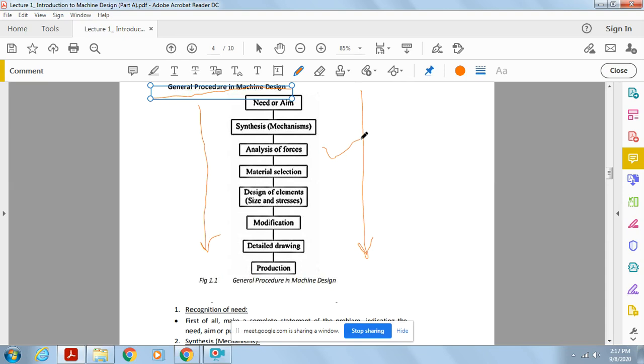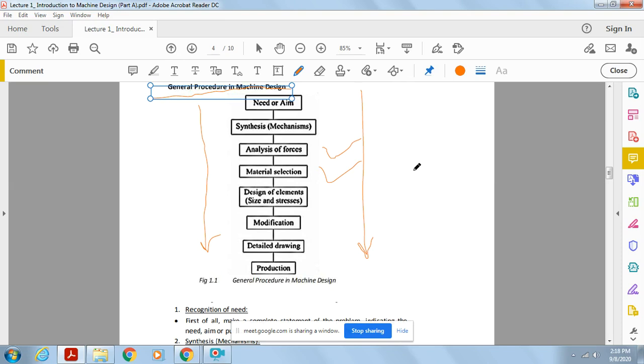Then we come to material selection, which is very important in the design part. Once we have analyzed the different forces, we have to think again about whether this particular material can withstand that amount of force, and whether it will last for a long period of time when such a load is active constantly or variably. All those parts come under the concept of material selection, whether this particular material is suitable for this particular part.